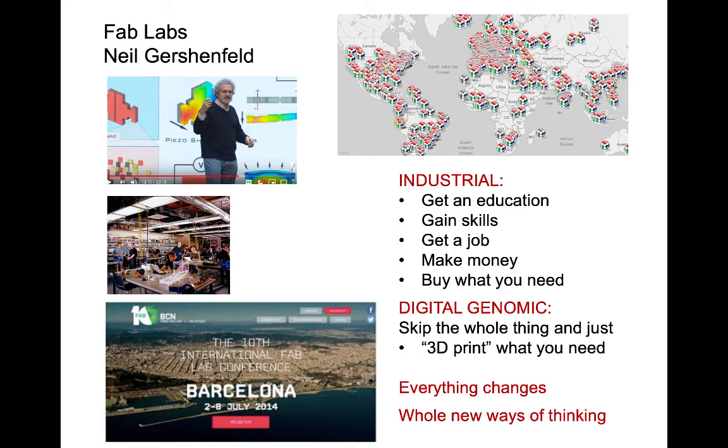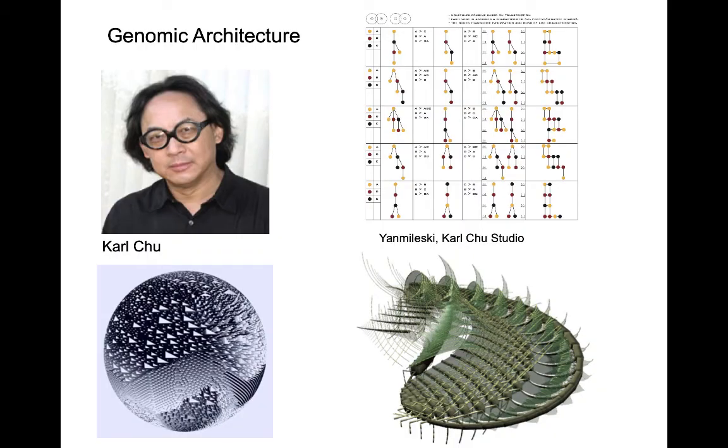And 3D print is, again in quotes, because this is one of his fab labs, about half the size of this room. It includes 3D printers, but other stuff. The city of Barcelona is doing it so that they want to stop importing stuff that they have to pay for and just make everything locally. Some of the people thinking this way: Carl Schuh, who gives his students 3 genes, A, B, and C, at the beginning of the semester. By the end of the year, the building has grown itself.